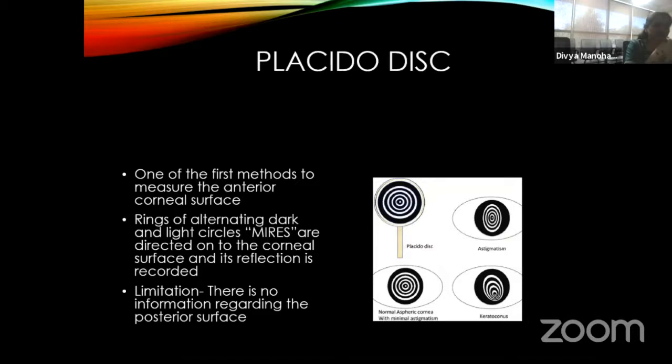So examination of the reflected rings gives us information about the shape of the cornea. The initial use of a Placido disc was more of qualitative use, and with newer developments and a lot of sophisticated software, these reflection patterns are now used to create quantitative data and also color-coded maps, as seen in video keratographs. Placido disc-based devices are also being combined with other technologies now to give us a comprehensive view of the cornea.